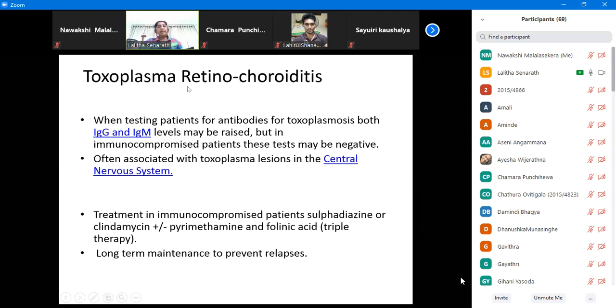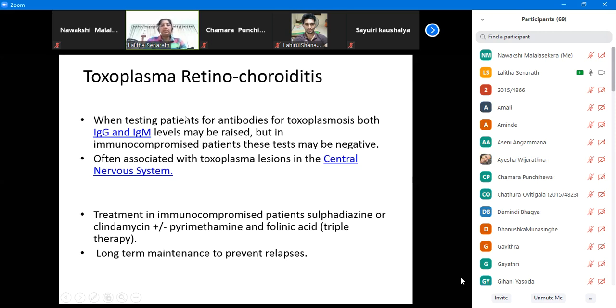Then another common disease is toxoplasmosis of the eye. Toxoplasma is a parasitic disease. It can cause congenital toxoplasmosis, and it can cause acute toxoplasmosis. It's transmitted by cats, and usually when congenital toxoplasmosis is present, there's no active infection. As the child grows, you may see that the child can't see